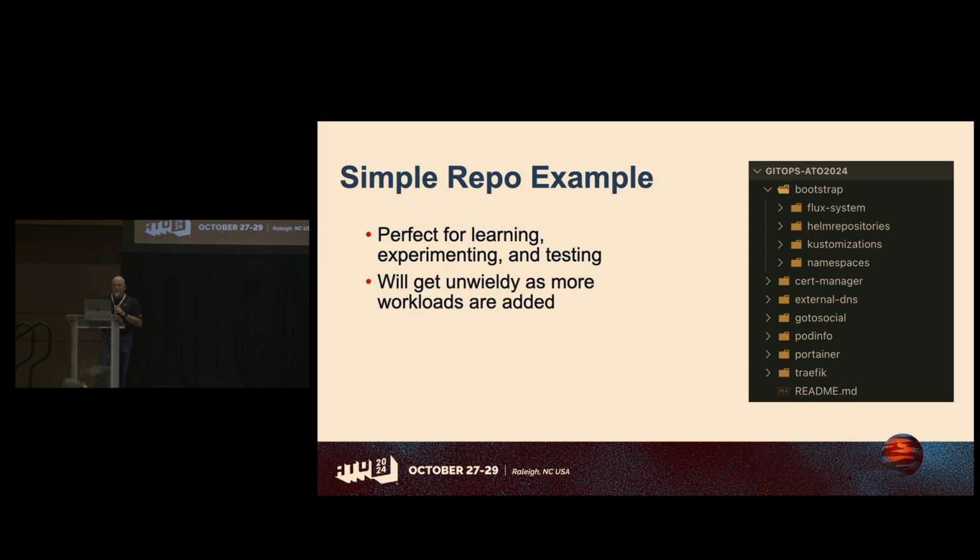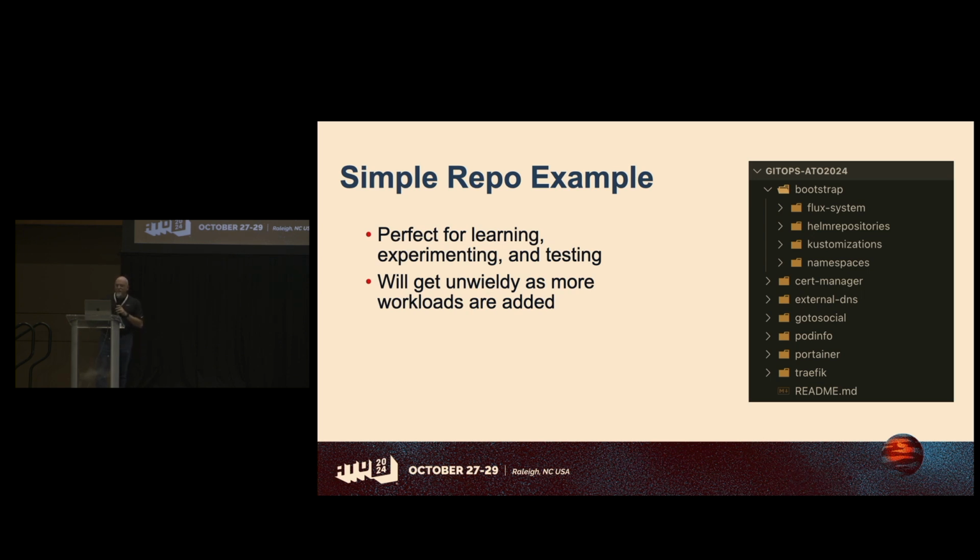This will not scale. So unless you're just doing something local with Minikube on your local machine or something like that, you will not stay with this particular way of organizing things for very long. As you might imagine, if you think about your particular organization and how many different apps and various things you want to deploy into your clusters, you can imagine how many folders would be in that list at the root level of the repo,